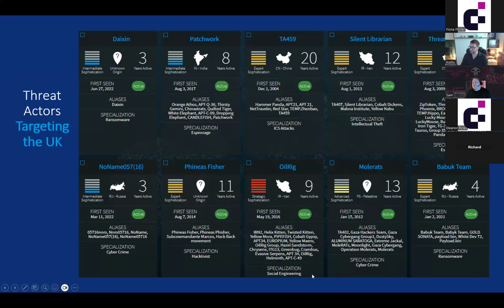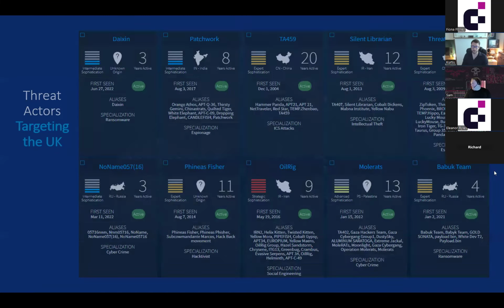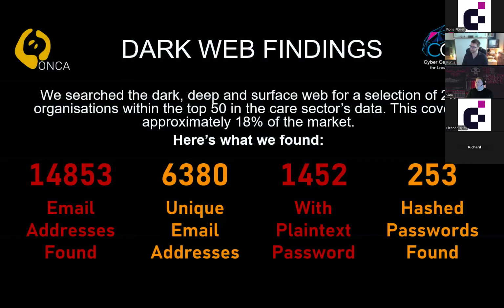And their specializations, their method in, and what they look at most to be able to get to an organization is social engineering, which is effectively using your data against you to trick you into giving them the information that they need, regardless of what that data is. Other areas are hacking, as you would expect, ransomware, espionage, and IP theft, which is a big one. But for the care sector, I would say one of the biggest targets and the biggest issues is social engineering. So it's using you and your staff against you to see what's going through.